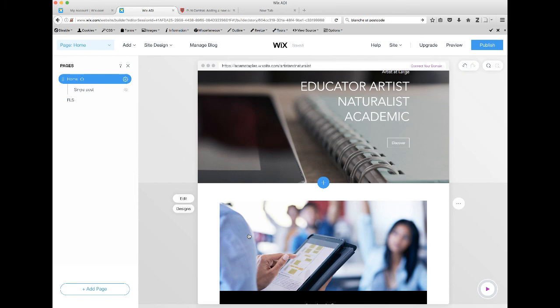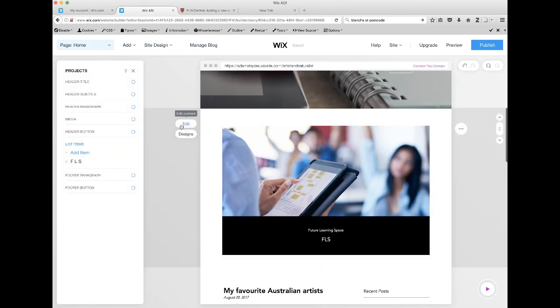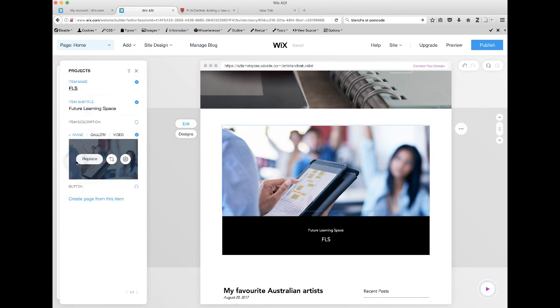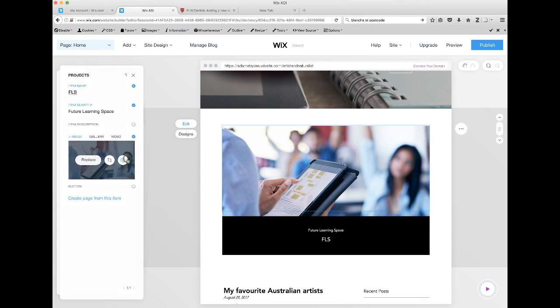which is not very good navigation. So making sure you've highlighted what was the new section, and you've clicked on Edit, I'd then like you to click on FLS once again. And what we're going to do is edit this image. So in your menu bar on the left-hand side where you've got the image, when you run your mouse over it, you'll see you've got Replace, Crop, and then you've got the wheel again. I'd like you to click on the wheel,